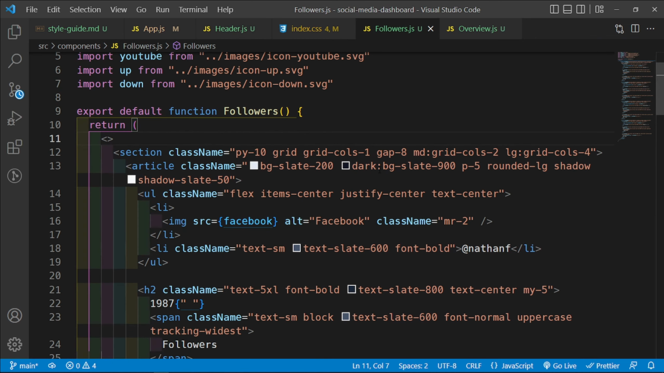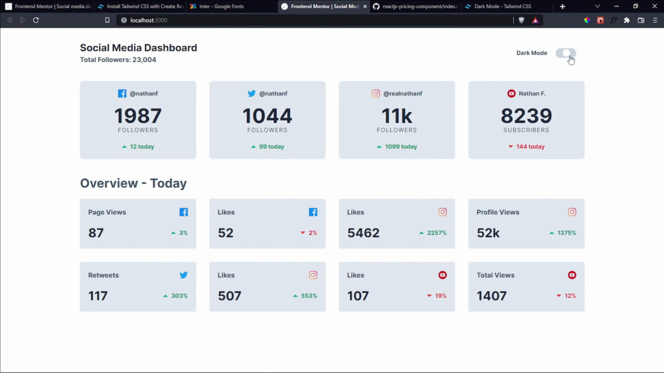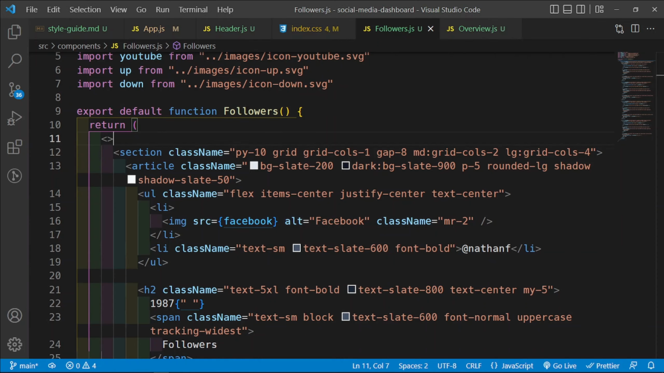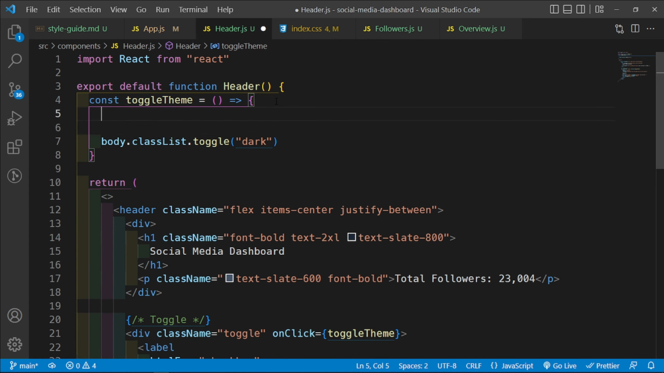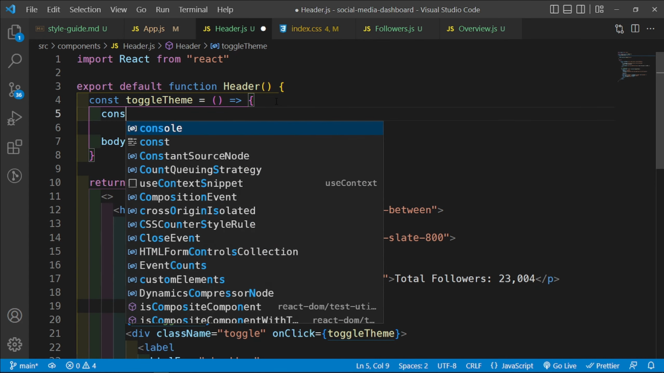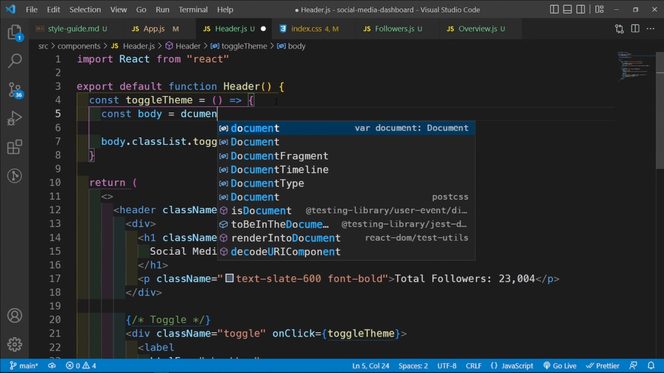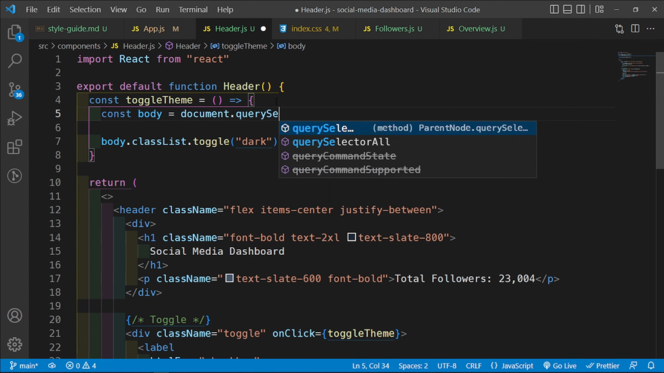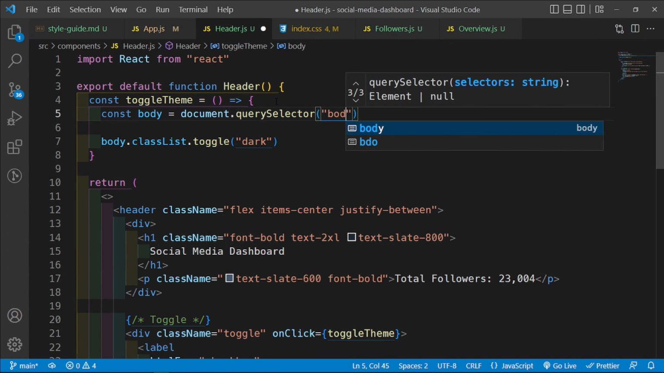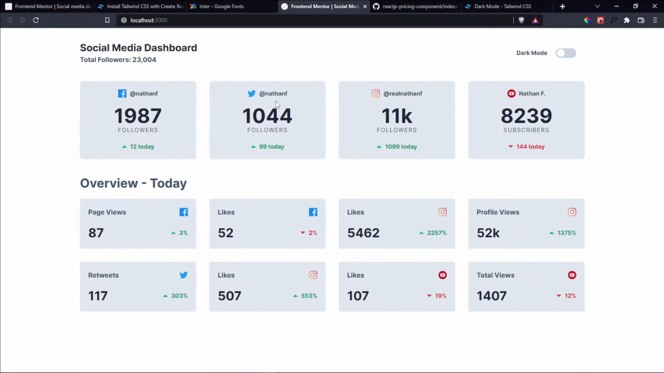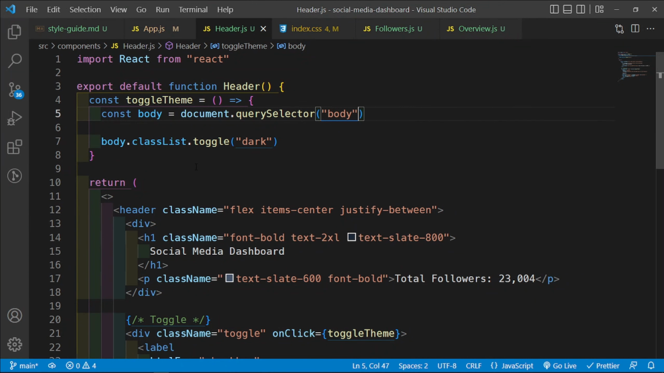So inside the followers, we have the dark mode, so now we should see. Body is not defined. Body should be defined inside the header. Let's go ahead and do this. We're going to say const body is equal to document dot querySelector, and we're selecting the body element. Save this, and then now we should be able to toggle. Nope, it doesn't work. And it doesn't work because the body should have, I've forgotten how to add the dark theme. Oh my god,